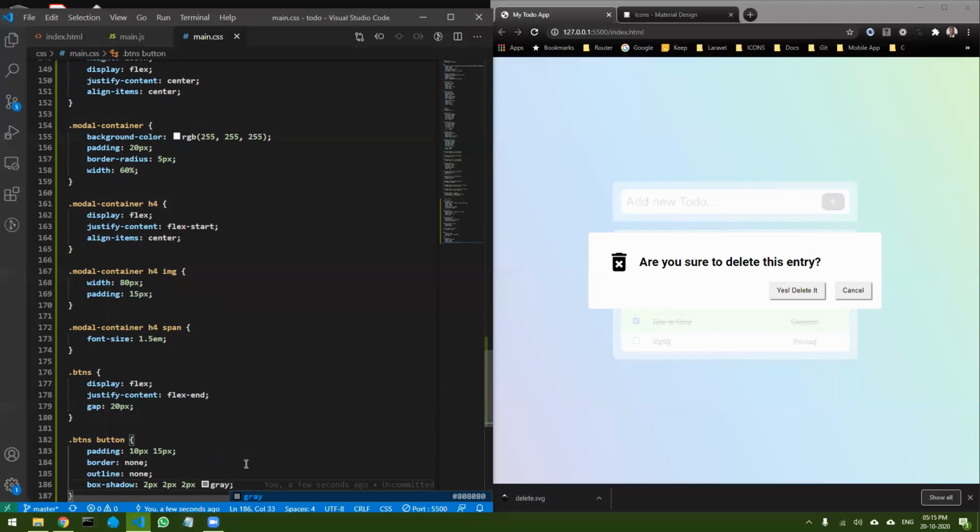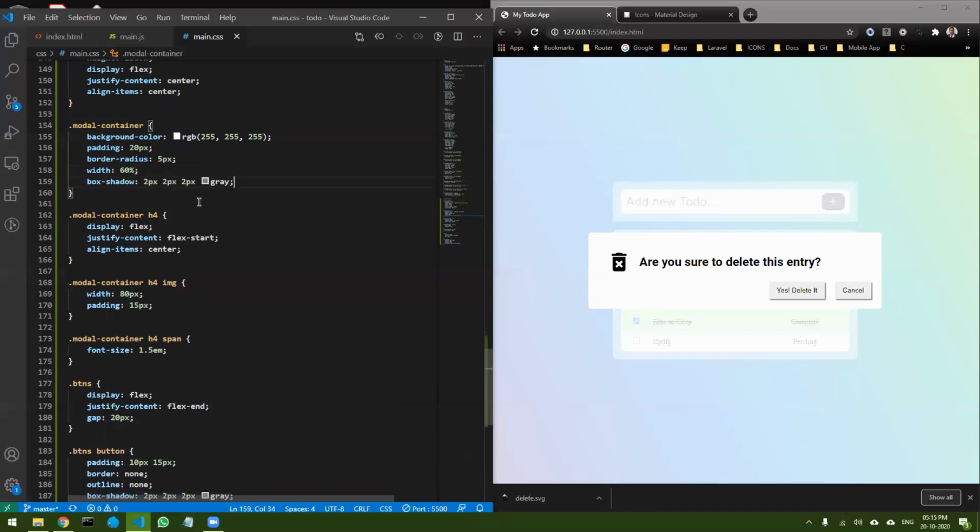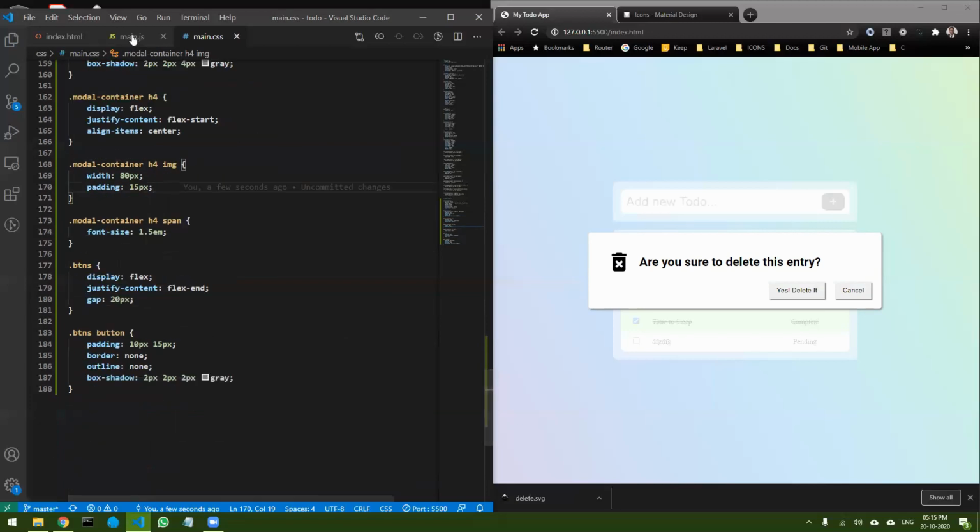And I would also like to add a shadow to our model container. Okay, so let's take this shadow and put it over here and see. Okay, so this looks good. Okay, so I like this, so we will go ahead with this. And okay, so now we have to style the